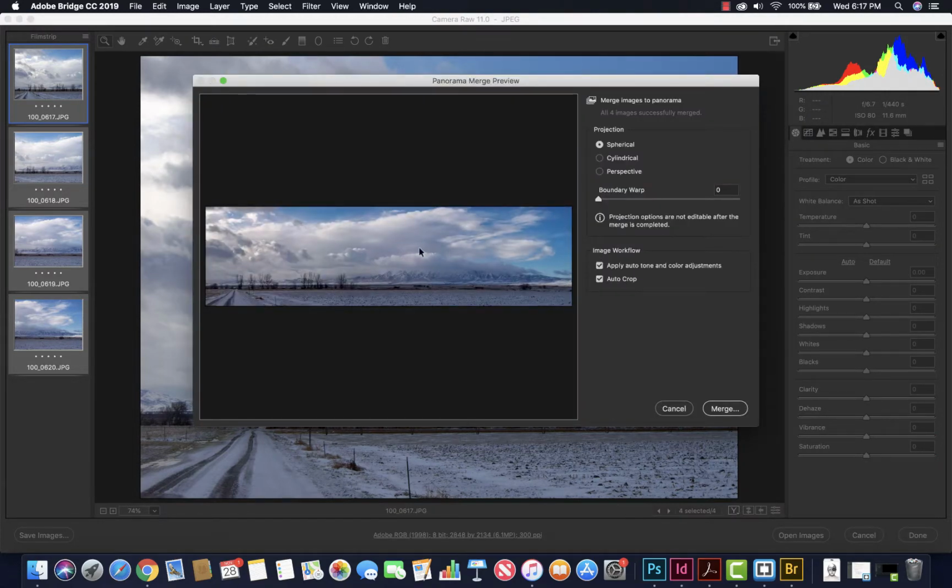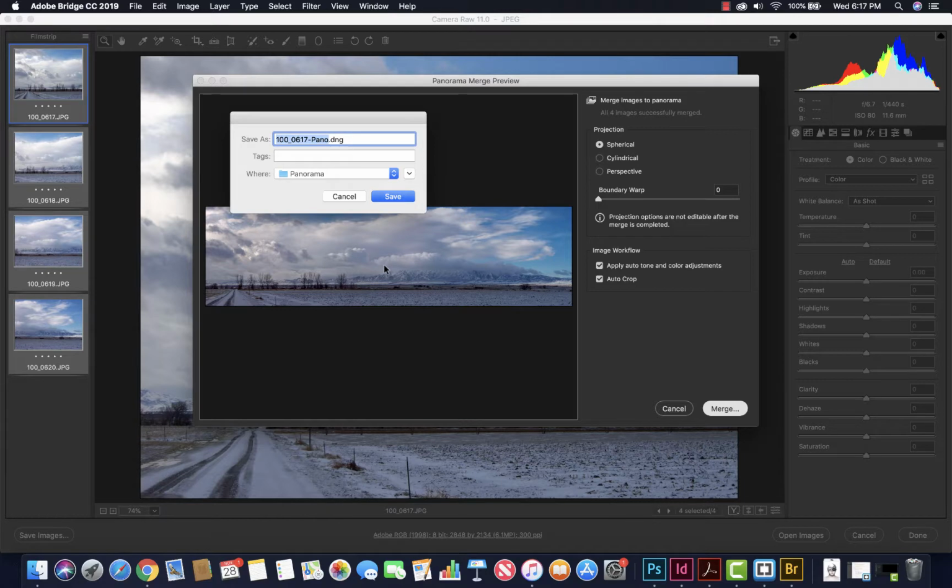Okay, so right here we have the preview of what our panorama is going to look like. Camera Raw is going to line these up for us and stitch them together, and we can just click merge. It will save it as a DNG file, which is great. We have super amazing editing capabilities with this type of file, and we can save it back into our file, hit save,